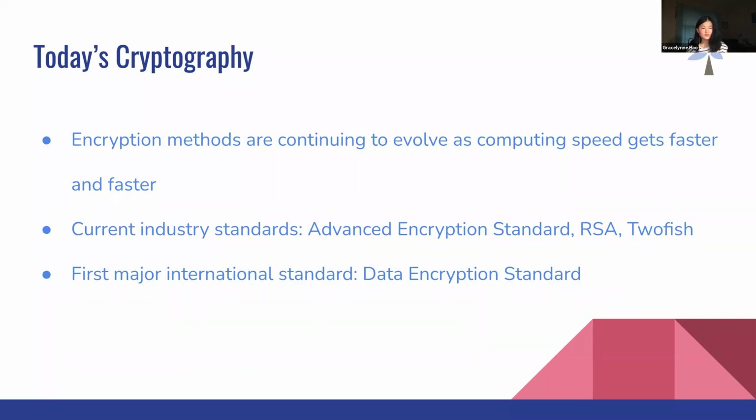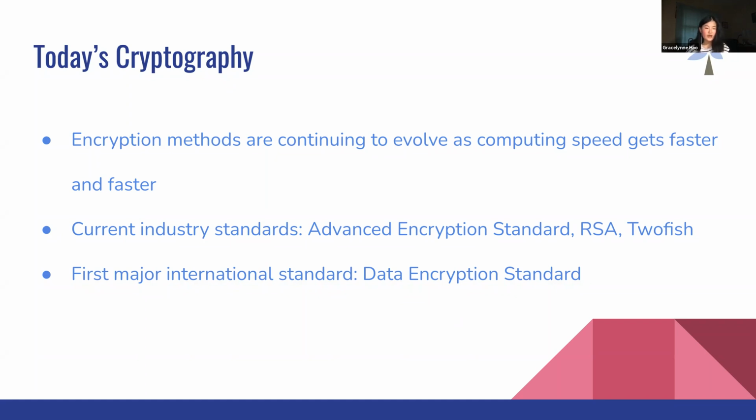As a result, the field of cryptography is constantly evolving, and currently some of the industry standards include the Advanced Encryption Standard, also abbreviated as AES. This is actually used by the US government and many other powerful organizations. This is a private key encryption, by the way, as well as, again, like we talked about earlier, RSA and